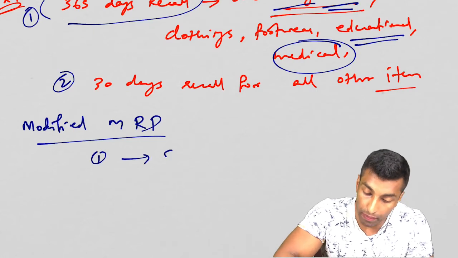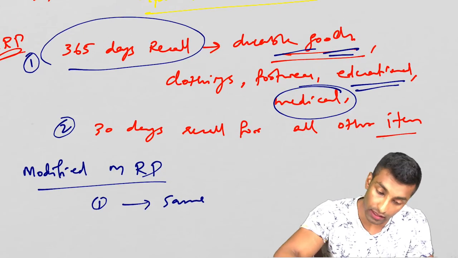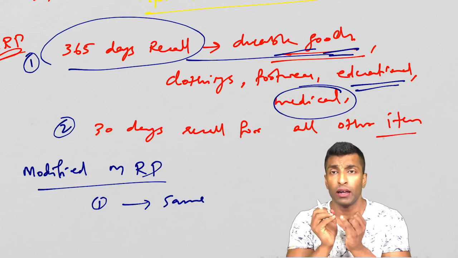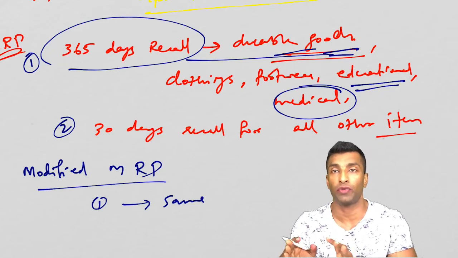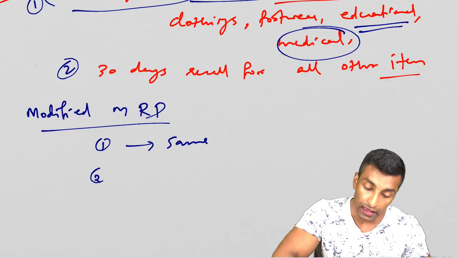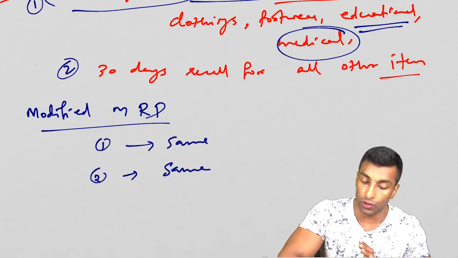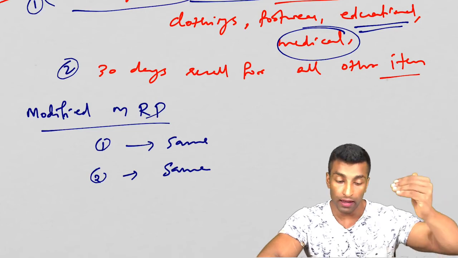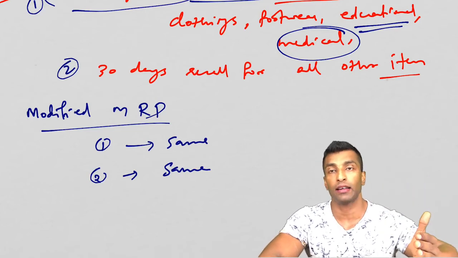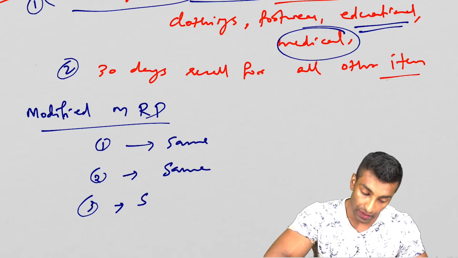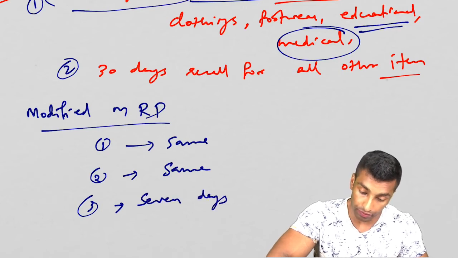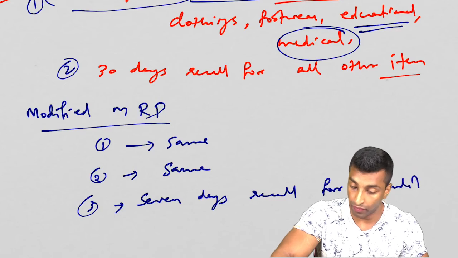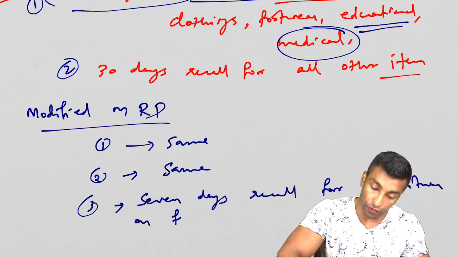So the first one is the same. That means the 365 days recall for durable goods will be there in the modified mixed recall period, because it is the mixed recall period only, modified. What modification I'll tell you. So the first one is the same. The second one, 30 days recall, is also the same, like in the case of Suresh Tendulkar. Third one, 7 days recall for expenditure on few items,